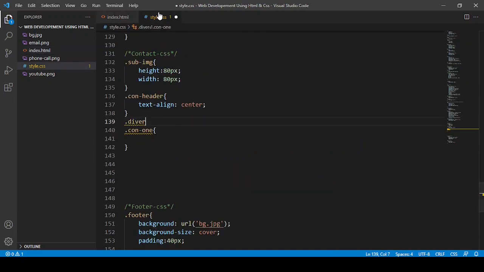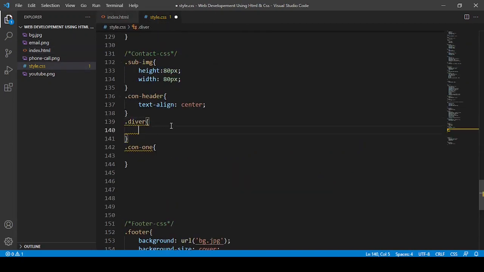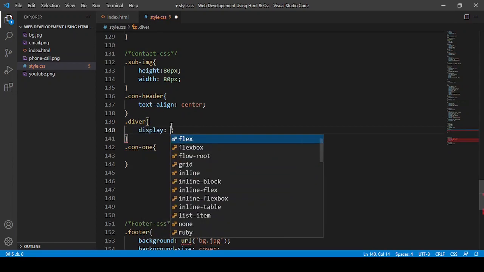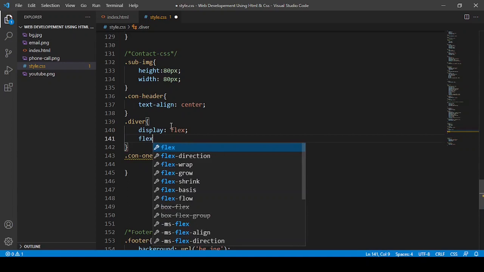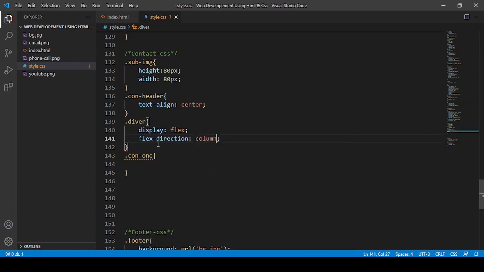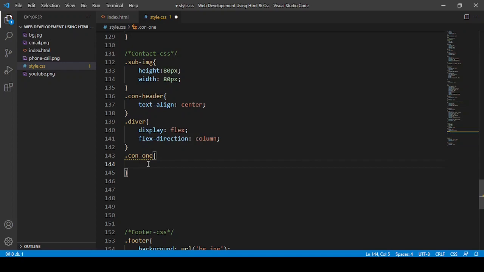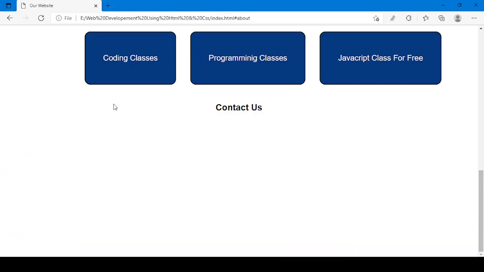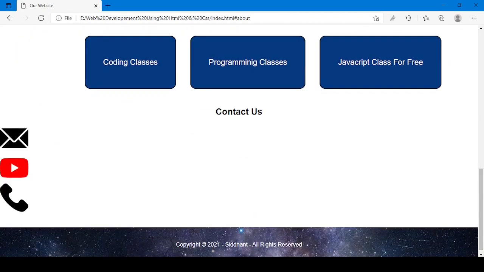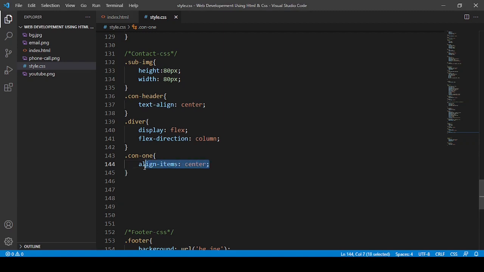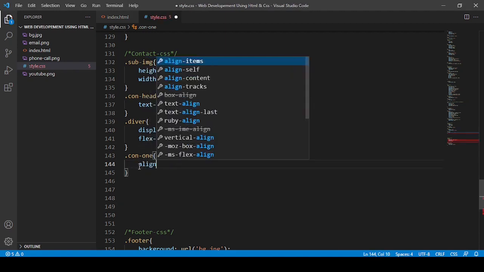I want to display it as flex, and flex direction equals column. And in con1, first of all I am going to define align items, I think that should work. Yes, align items is working, but center is not working. So I think what if I just say align self center.